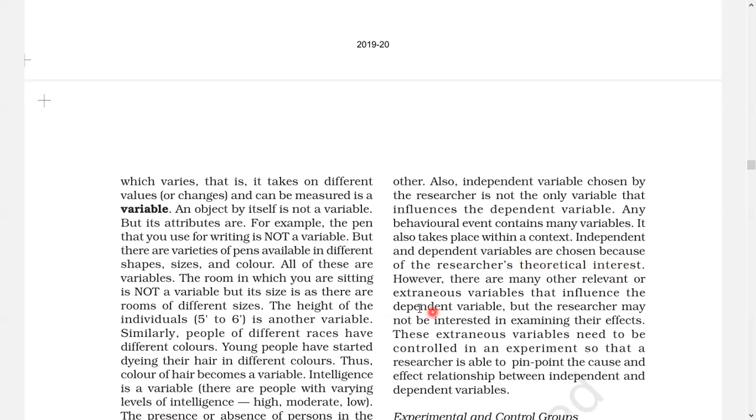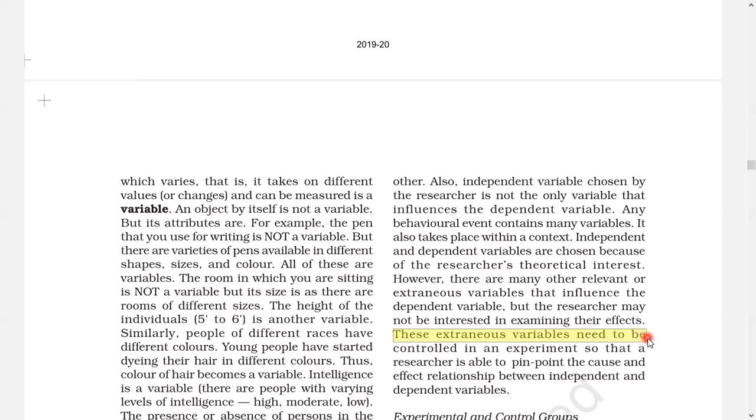There can be variables like extraneous variables, other than independent and dependent variables, that influence the dependent variable, but the researcher may not be interested in examining their effects. These extraneous variables need to be controlled.